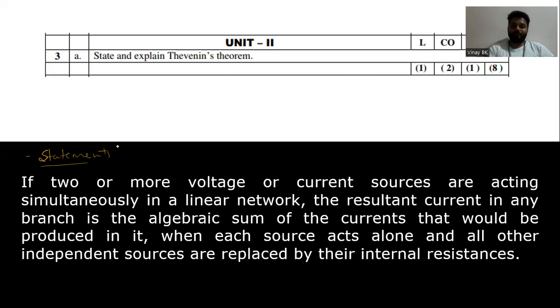That is what you need to write for the statement. You can observe here: if two or more voltage or current sources are acting simultaneously in a linear network, the resultant current in any branch is the algebraic sum of the currents that would be produced in it when each source acts alone and all other independent sources are replaced by their internal resistances. If there are no internal resistances, the voltage source will act as a short circuit and the current source will act as an open circuit. Now the explanation. For state and explain,